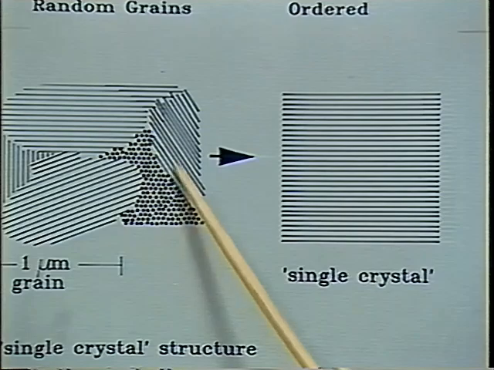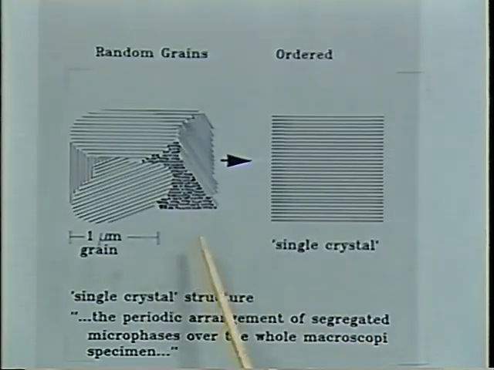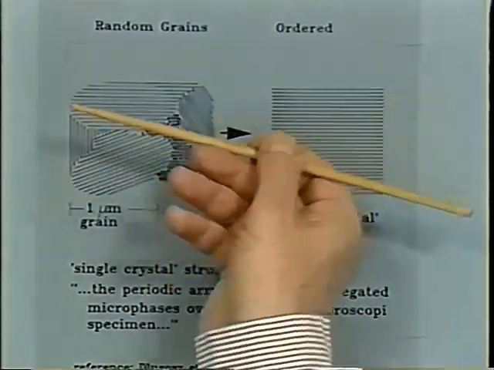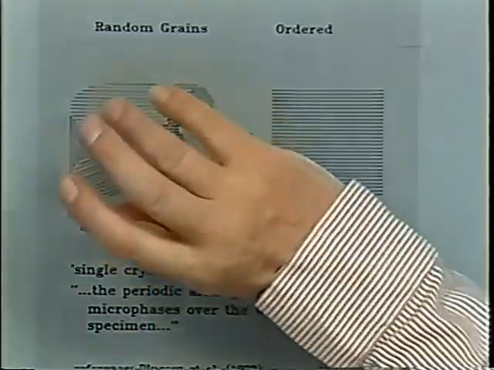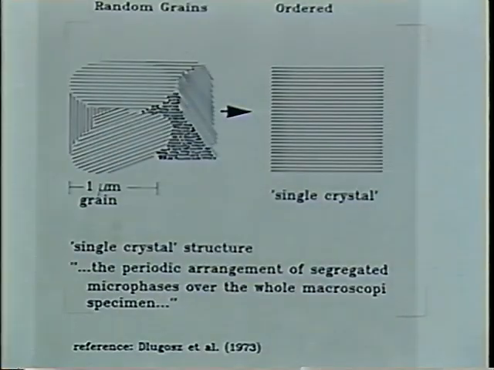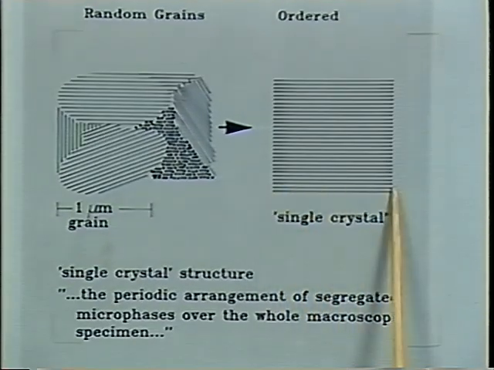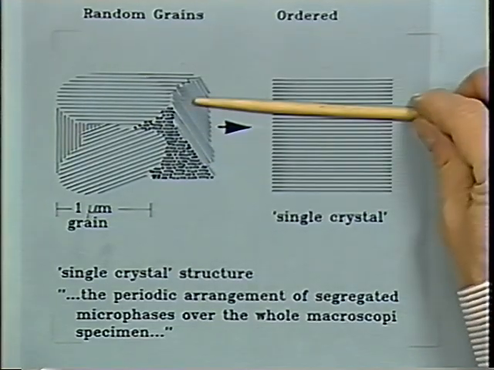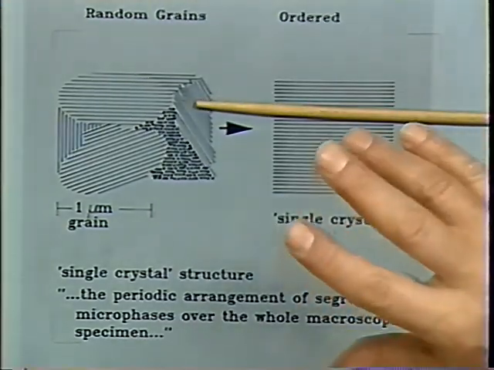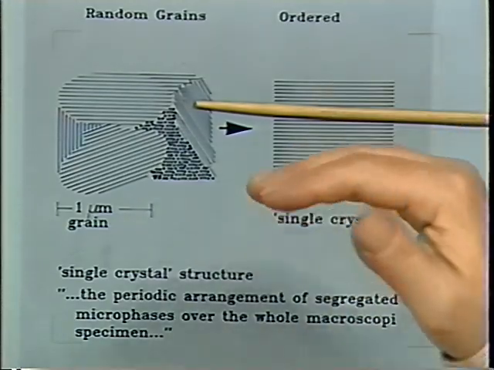So far about the granular material. Let's move to some more interesting phenomena. The grains with random order, or with a random director and random hexagon order, can be converted into a single crystal structure. Now, single crystal means that our director is uniform in the sample, and that also the hexagon planes are aligned